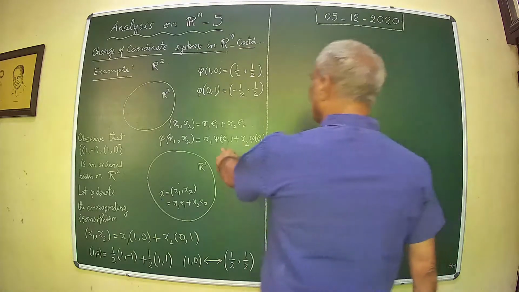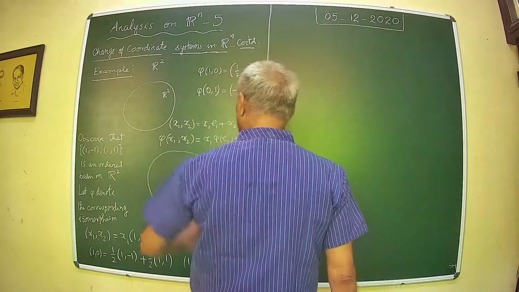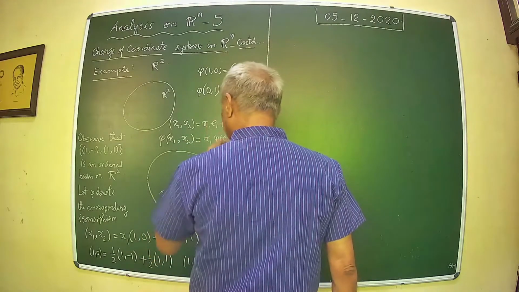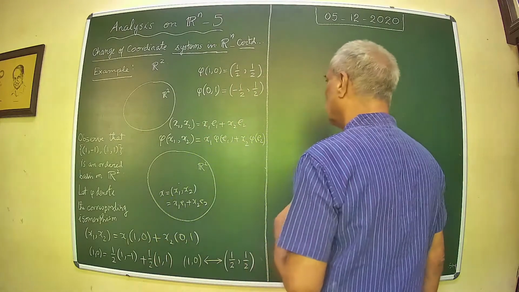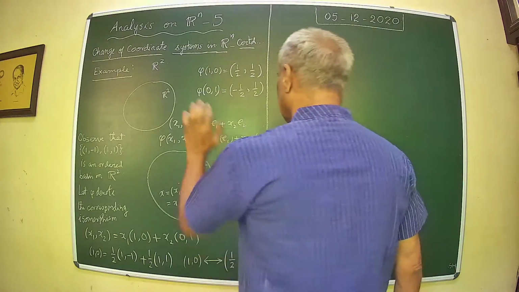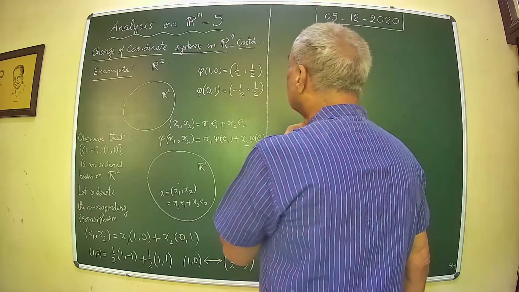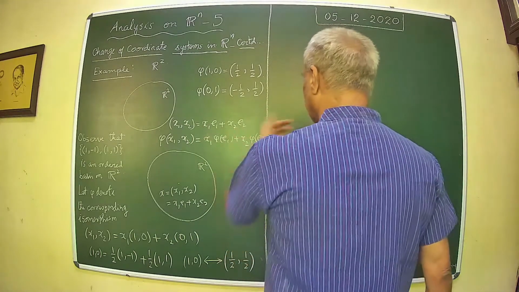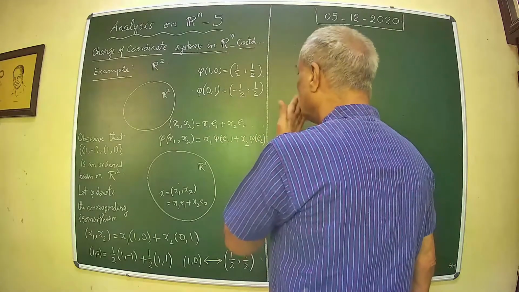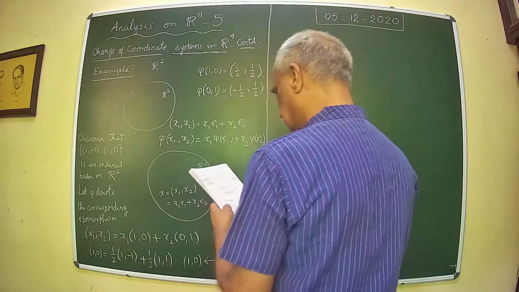Now you know what phi of e1 is and phi of e2 is. Just substitute that and then find out. Okay. So what do you get? Phi of (x1, x2) can be written as